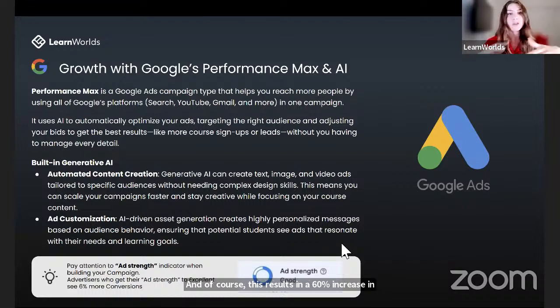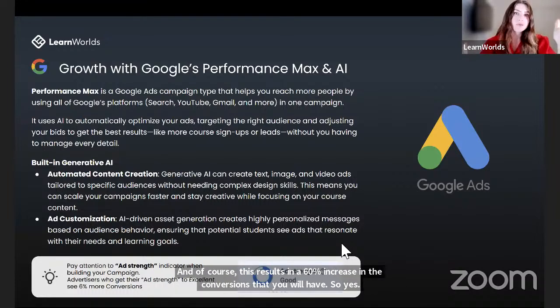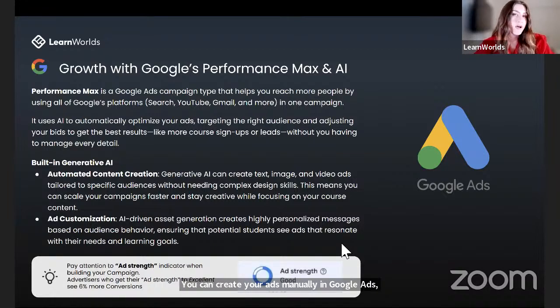So yes, you can create your ads manually in Google Ads, but I would definitely suggest using the AI tools it offers so that you can have a better conversion rate.